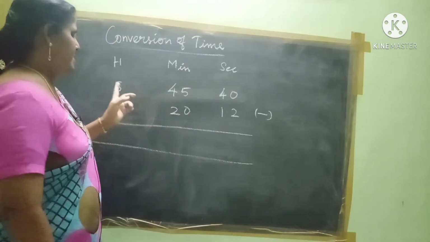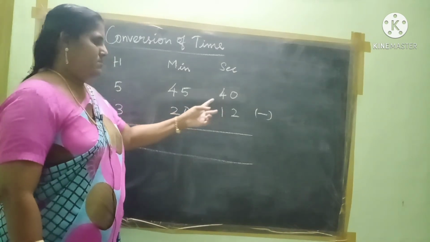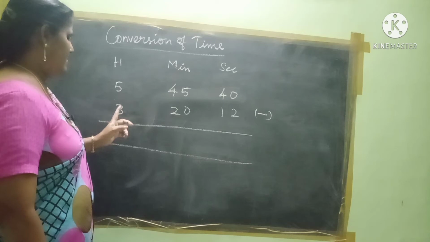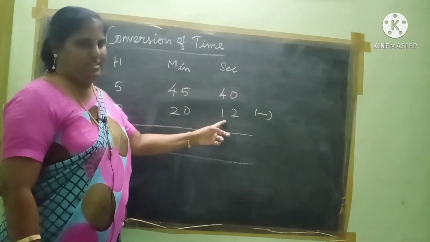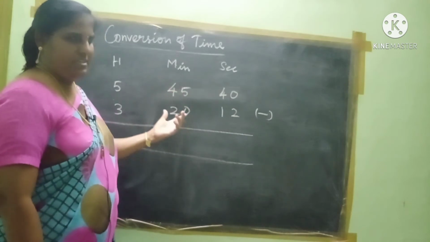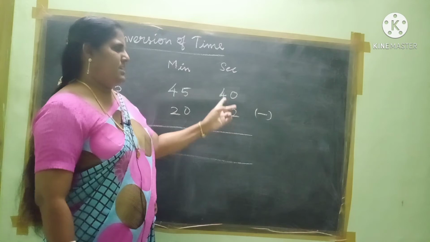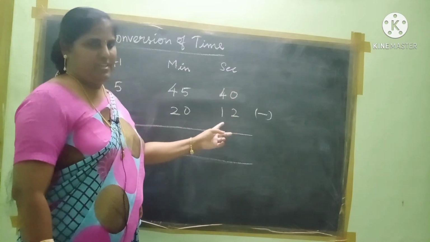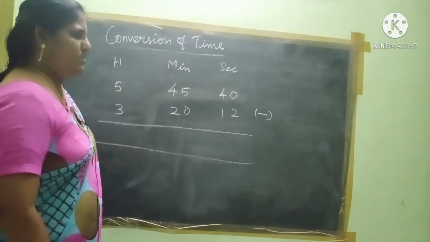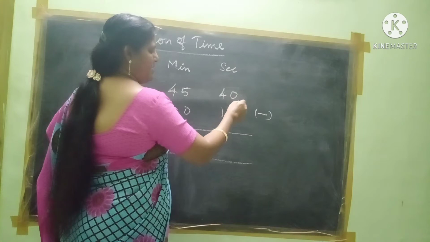Now we are going to subtract 5 hours, 45 minutes and 40 seconds from 3 hours, 20 minutes and 12 seconds. If you want to subtract, first you take the seconds. 40 seconds are there and below 12 seconds are there. 40 minus 12 means, what will the answer be? Yes. So 40 minus 12 means,